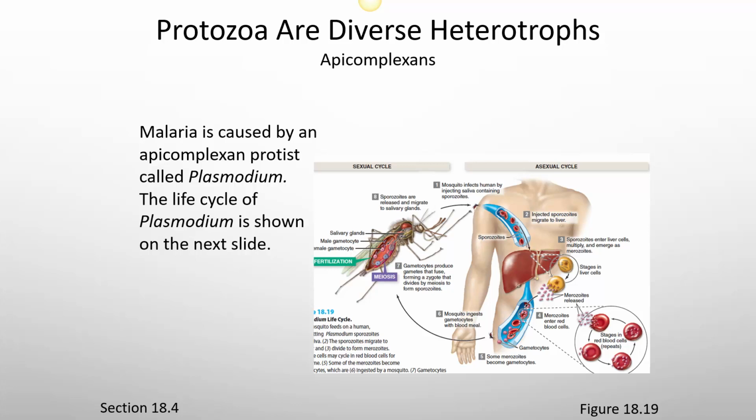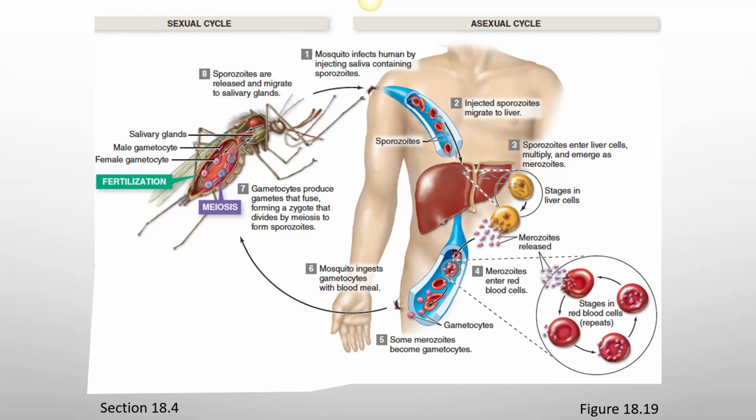When she is trying to drink your blood, she's going to spit into your wound. And when she spits into you, she's spitting in an anticoagulant so that she can freely drink your blood. Well, spitting into you with that anticoagulant, sometimes, if she's infected, she also spits in Plasmodium, the malaria parasite. That parasite first goes to the liver, and it passes through the liver and turns into a form that can now infect your blood cells. So it goes into the liver, sporozoites infect, turn into merozoites, the merozoites are released, and then they go infect your blood cells.